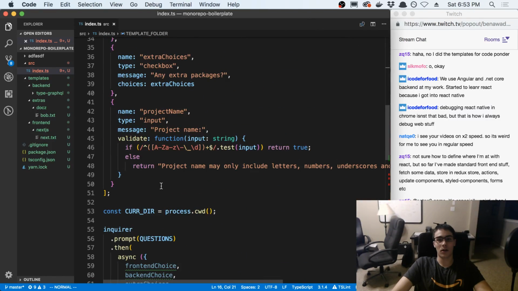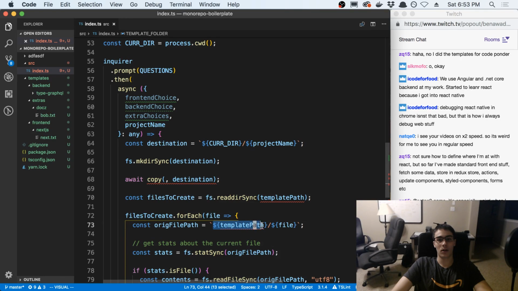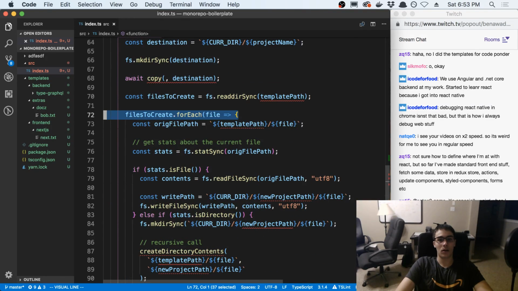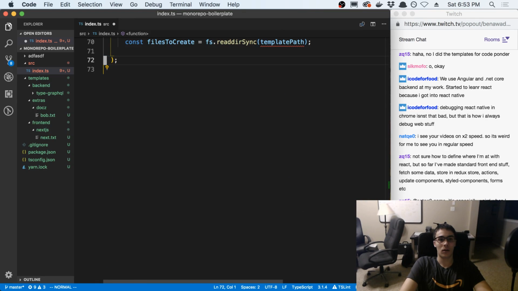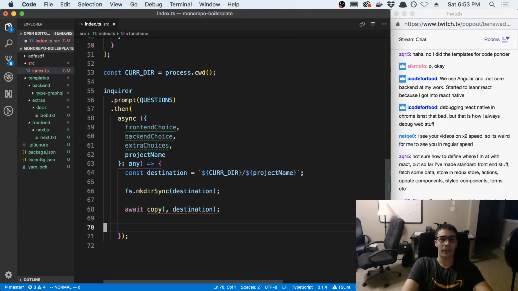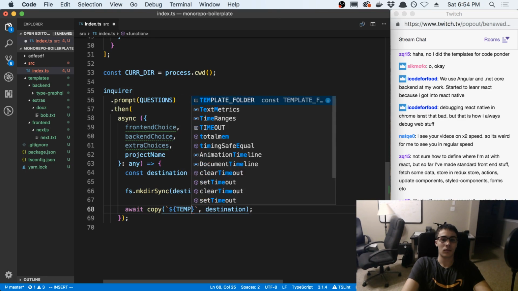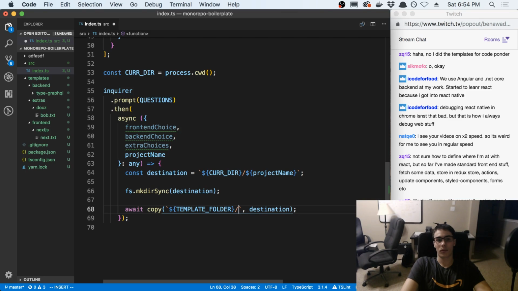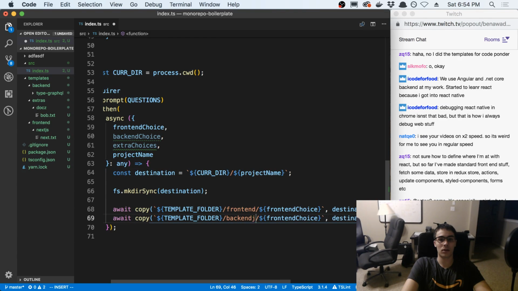Alright, and then we can use this all over the place. So alright, so our template folder, and then we're gonna go into the, I guess let's start with the back end. Nope, let's just do front end, why not? We'll follow the same order we did there, and then we'll get the front end choice, and then we'll copy over the back end choice,